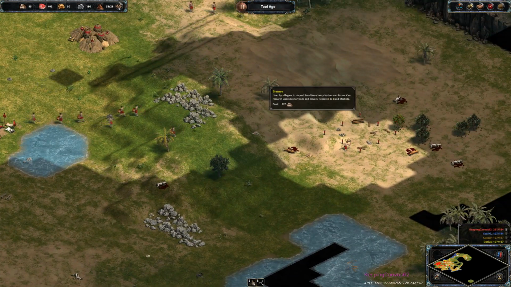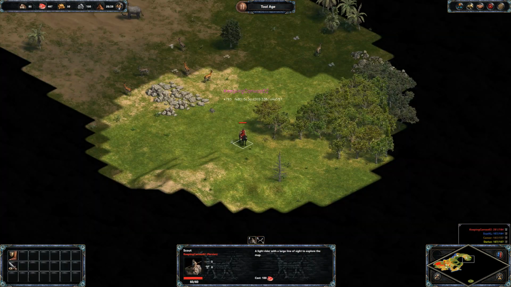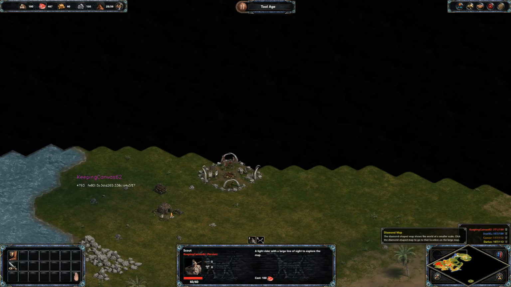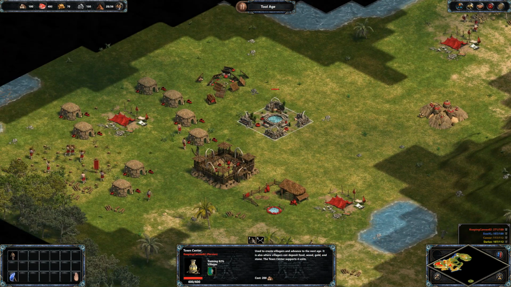Control groups have been a standard feature in almost all RTS games. It is the most efficient way to quickly manage units, production buildings, and even upgrades. For those who don't know what control groups are, the basic idea is this. You can assign units or buildings a specific number using control plus a number key of your choice